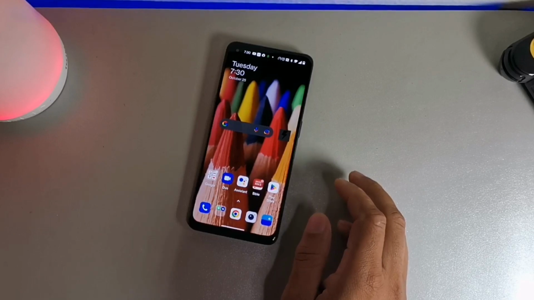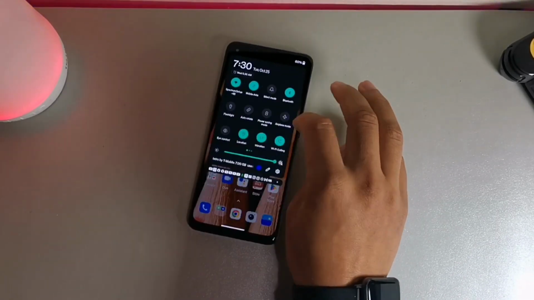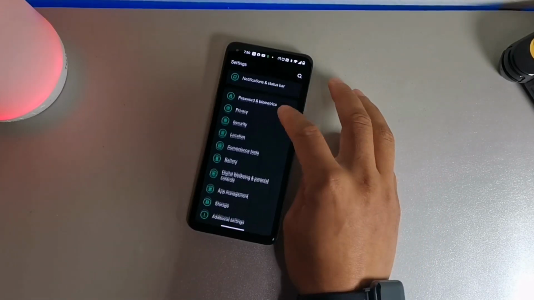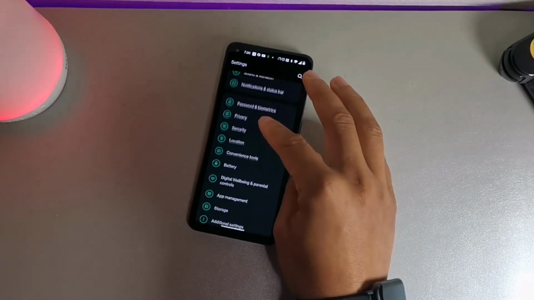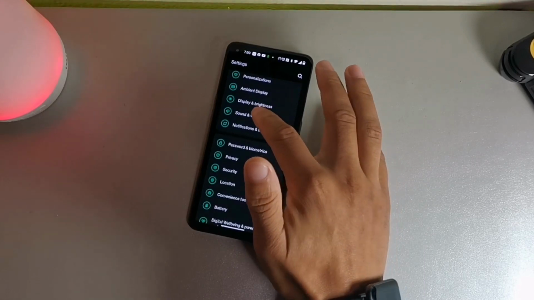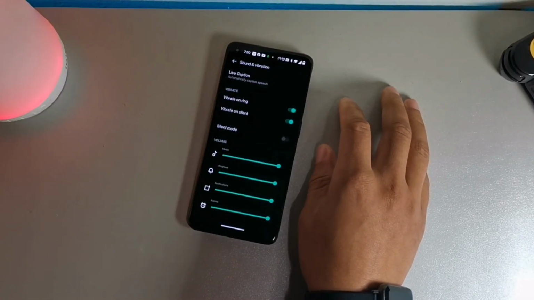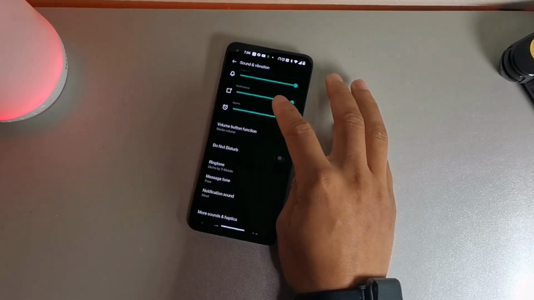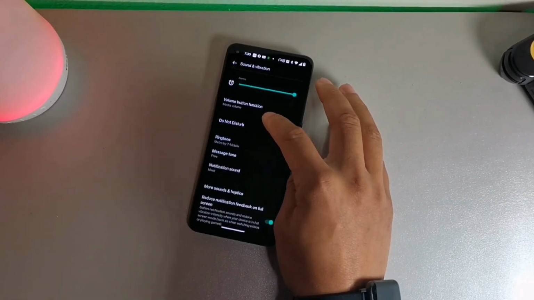So the 11th feature is going to be found inside of sound and vibration. So you want to go into the settings option one more time, and you want to go down until you see the option where it says sound and vibration. And after you hit that, you want to go all the way down to the bottom, and you're going to see an option which is called